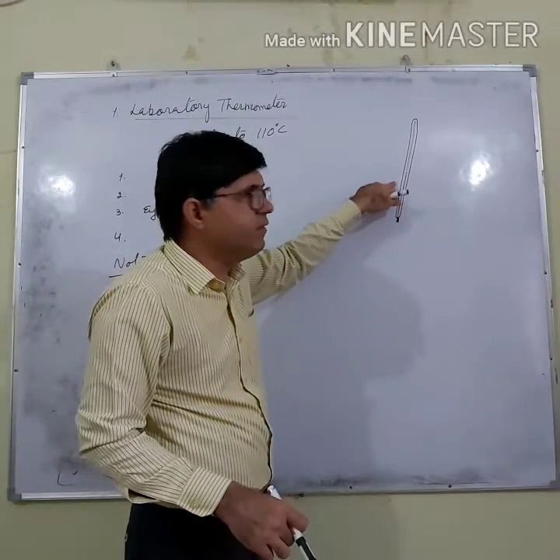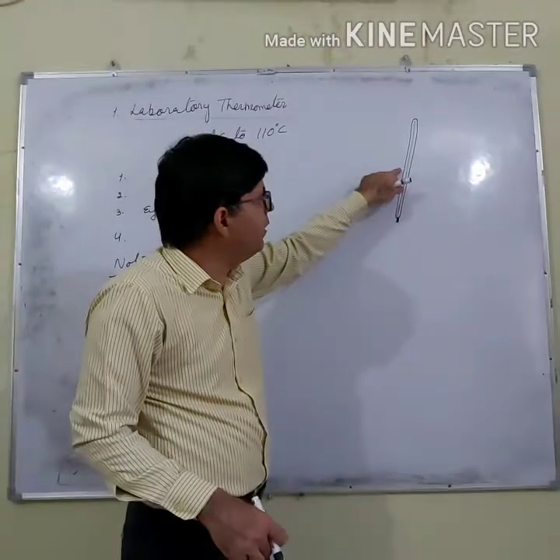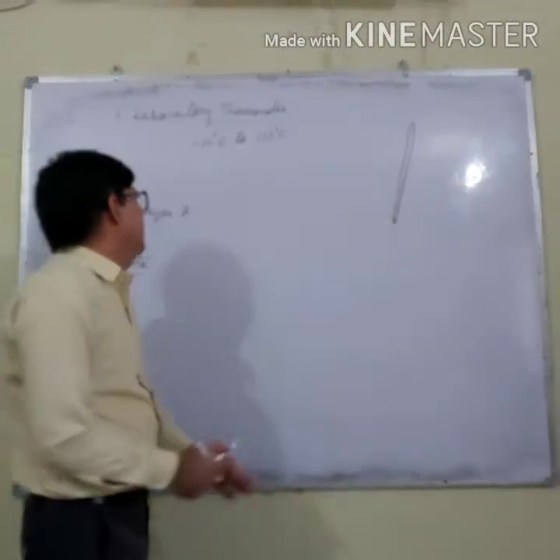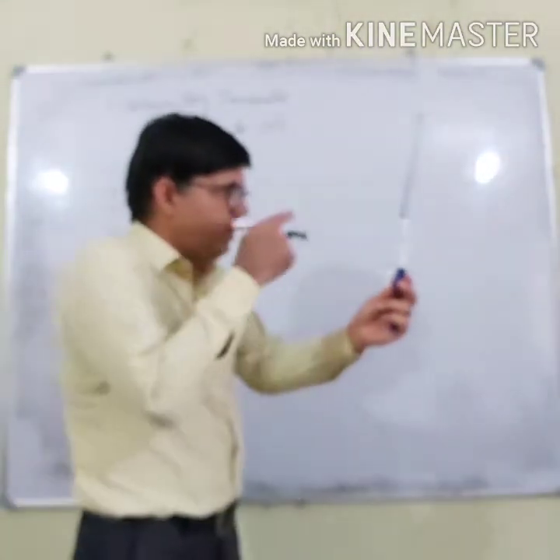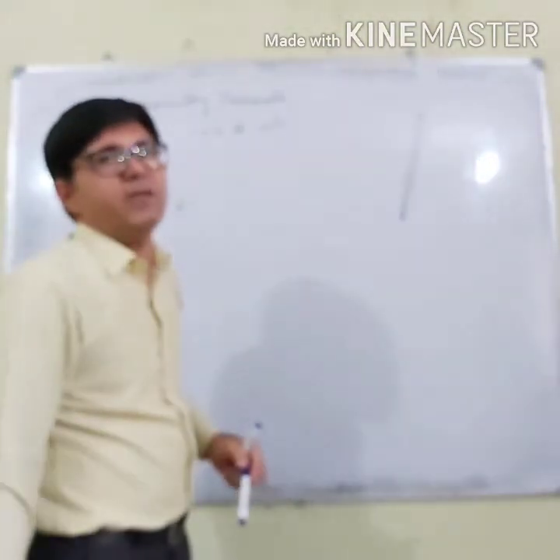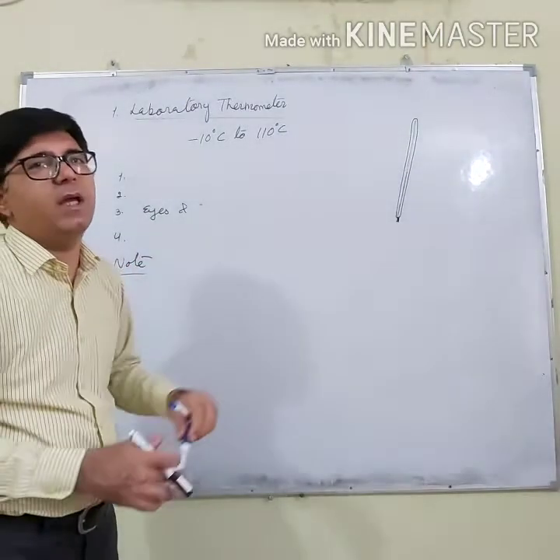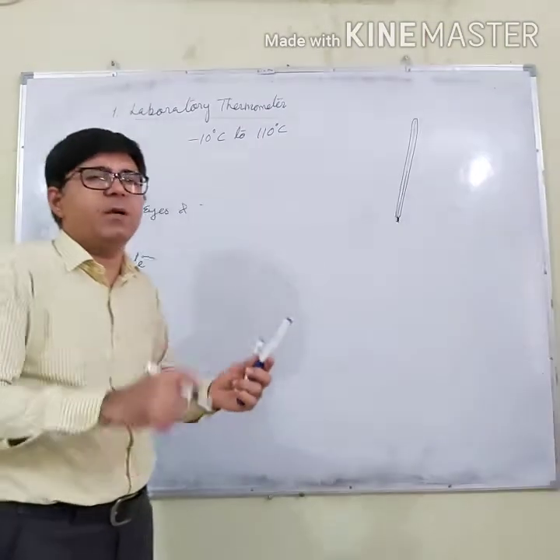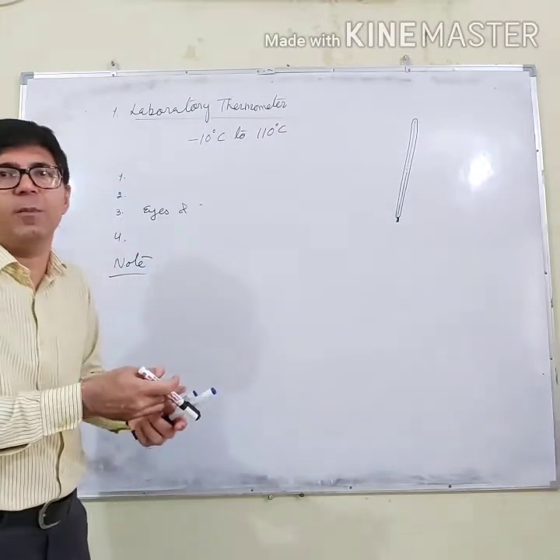There is an increase in the level of the mercury. And whatever the level of the mercury is, that gives us the temperature reading of that substance. And the precautions I have told you: there must be proper alignment between the eye and the thermometer. The second point is that the thermometer must be kept vertical to ensure the correct reading. And the thermometer must not be put immediately into a very hot substance, because it can break the bulb